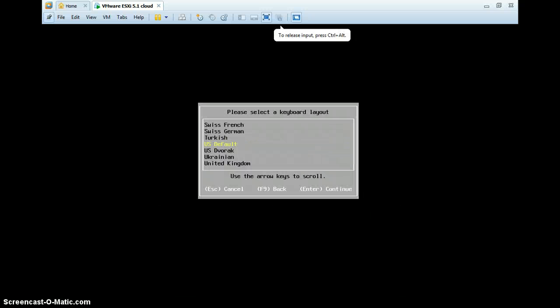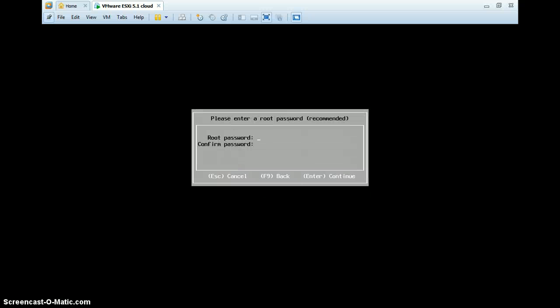You choose your language. In my case I chose US default. Then you can specify the password for your security, and then hit continue, which means you can hit enter. The password doesn't match, so